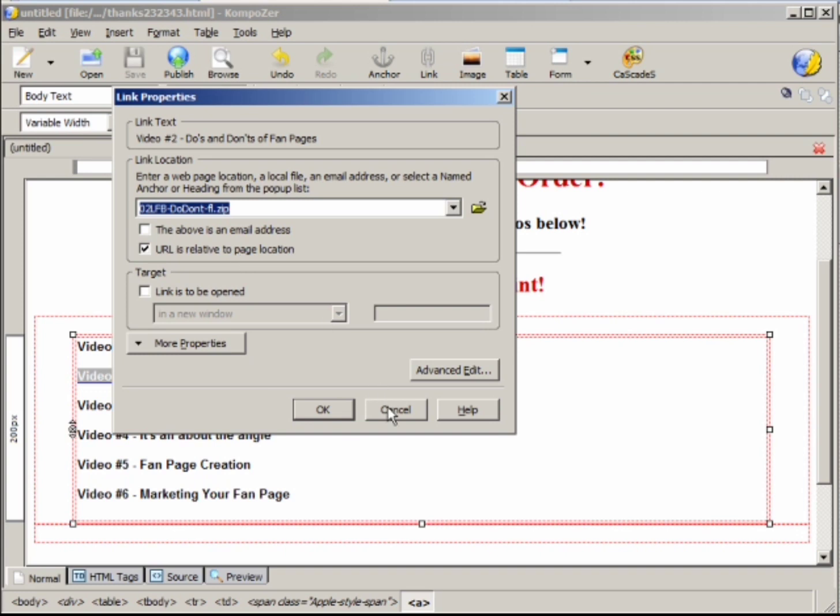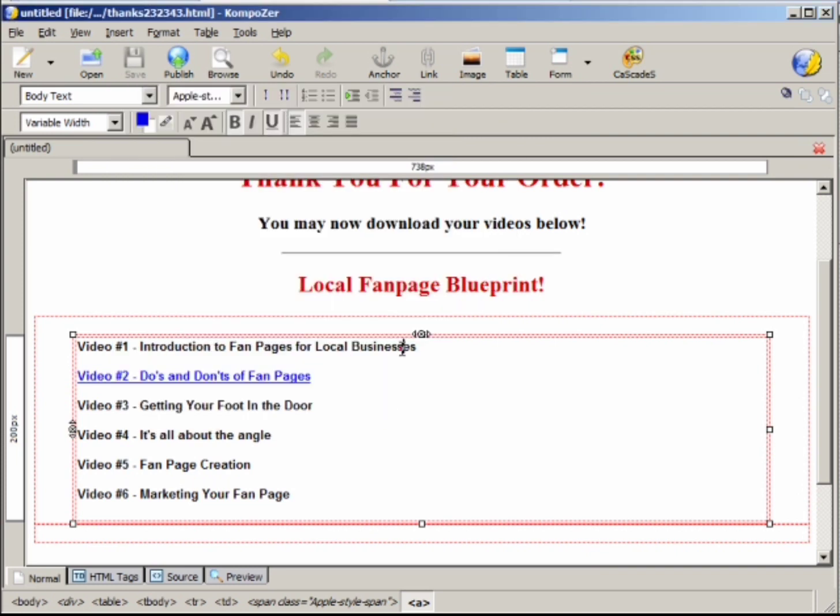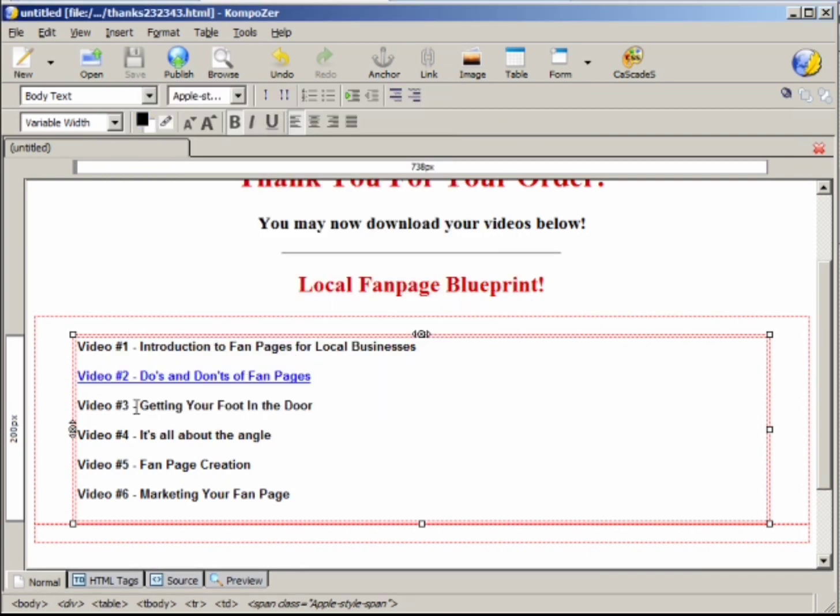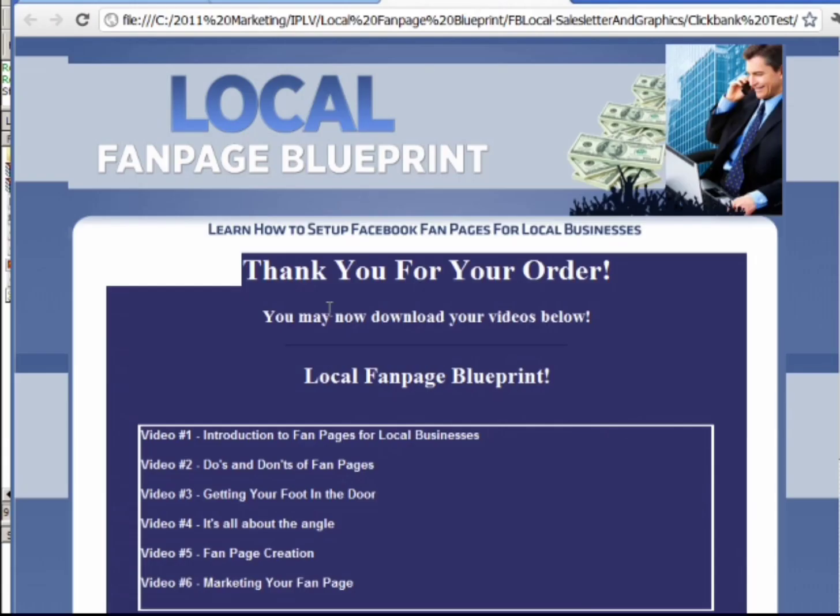But for those of you that are not as familiar with that, that's probably the easiest route to go. From that, I need to hyperlink videos 1, 3, 4, 5, and 6. But I wanted to show you that as an example to doing that. So if I close this down and I go to this page and I refresh it,